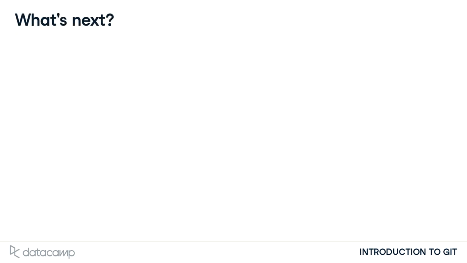Git has lots more to offer. You can discover how branches enable continuous development, where multiple versions of files can coexist. You can learn about remote repos, which are crucial for collaboration with colleagues, and dive into advanced techniques such as rebasing, bisecting, and